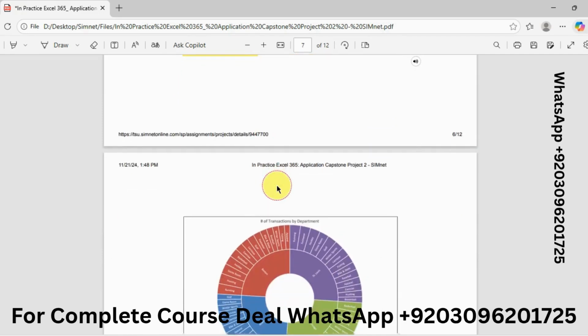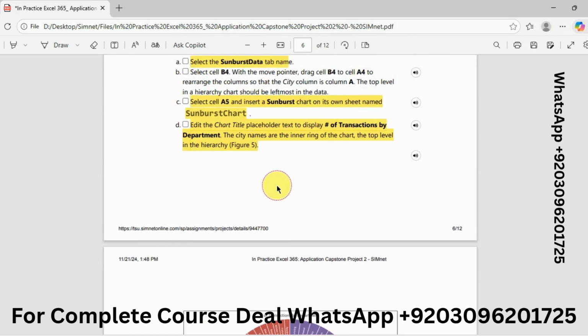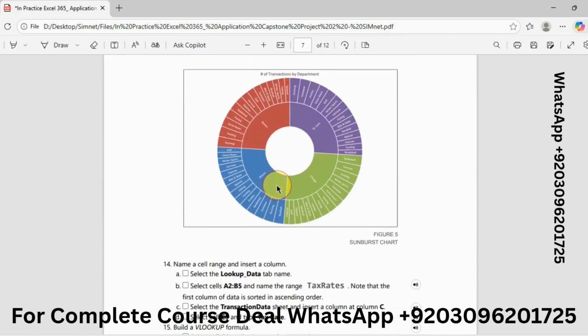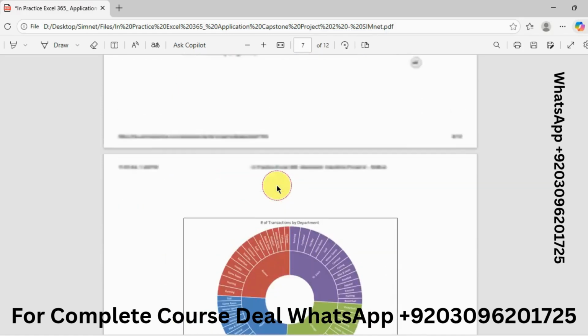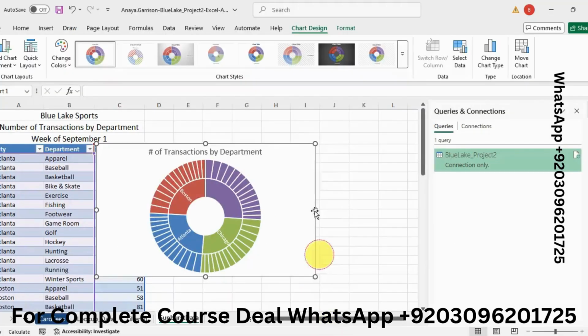You can see this. Okay, added the chart. Okay, I think I did a wrong step. Okay, so click on this cancel. I think so.